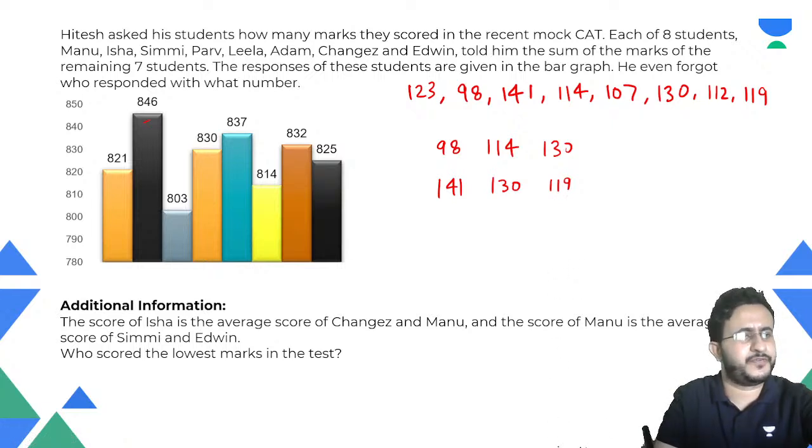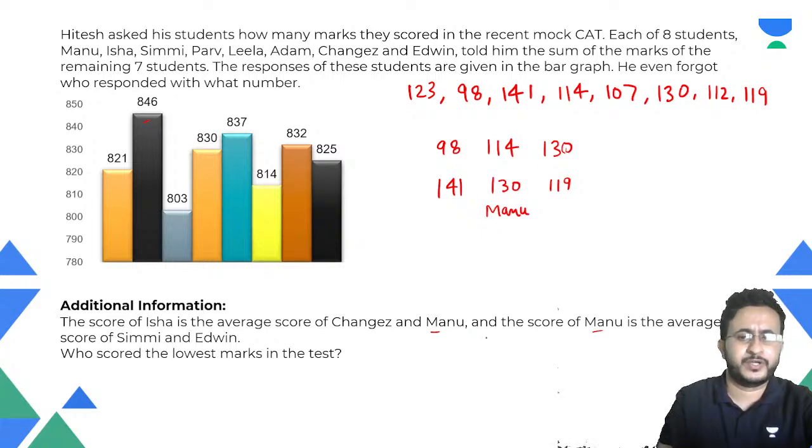So by observation we see that we are getting two such pairs of averages okay now it is saying score of Isha is the average of Changiz and Manu and score of Manu is the average of Simni and Edwin okay so this Manu has been mentioned twice okay Manu is mentioned twice so this means this is Manu ठीक है so Manu is mentioned twice so this will be Manu ठीक है दोनों बार Manu आ रहा है so Manu Isha is the average of Changiz and Manu so this must be Isha ठीक है this must be Changiz and this is Manu